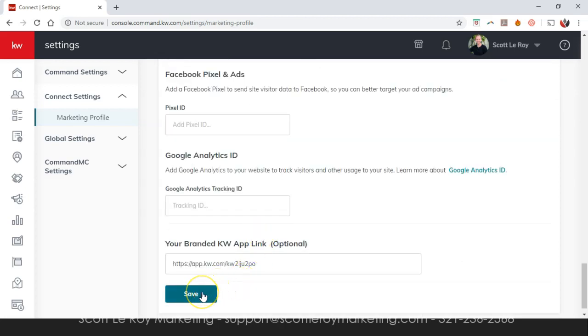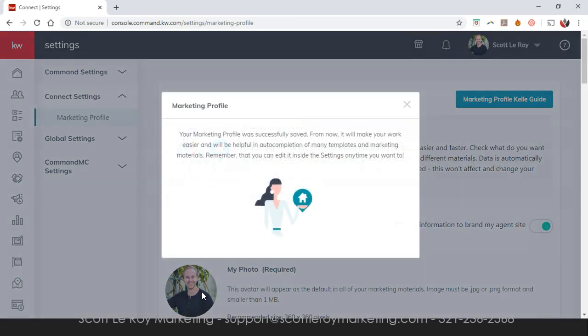But once you've updated anything or you've actually gone through and completed this, just click that save option at the very bottom, and this will save everything immediately for you. Now, one thing to note about this site is that everything on here can be edited at any time. Nothing is set in stone by any means. So once I click this save option on here,